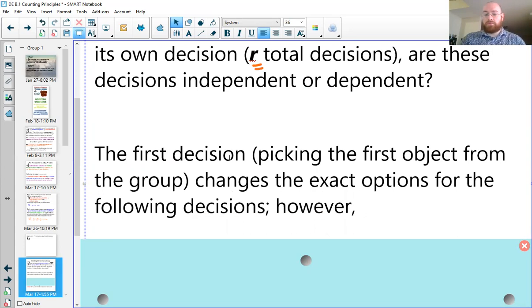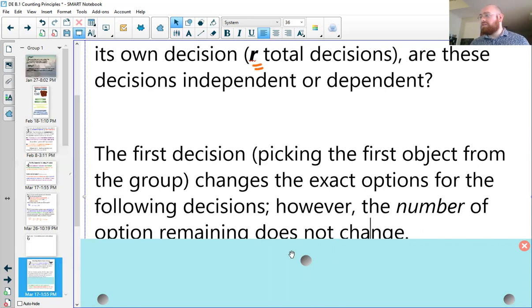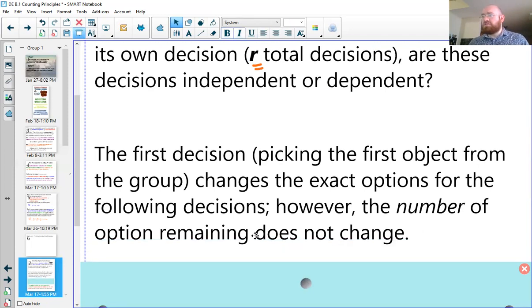However, the number of options remaining does not change. So in a sense, these are independent decisions, but they also depend on each other because we are picking them